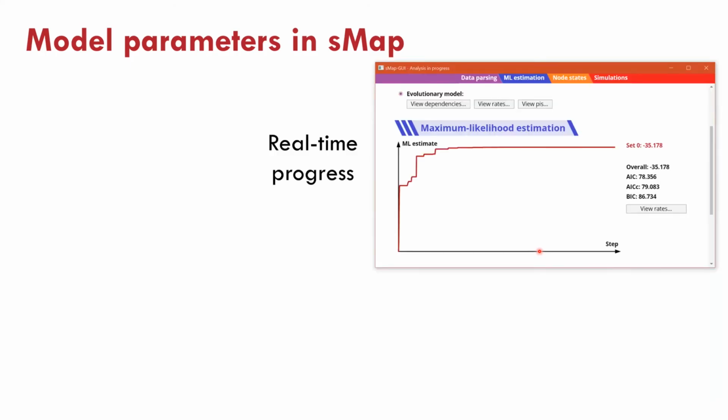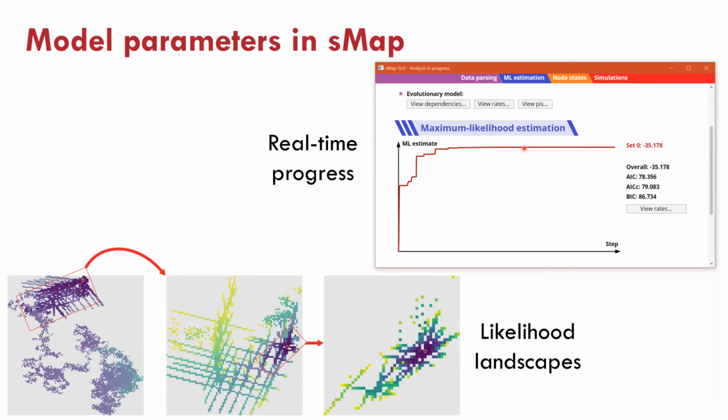Furthermore, if you choose to use a maximum likelihood approach, you will get a real-time progress plot like this, which shows you the maximum likelihood estimate increasing as the program runs. And after you finish the analysis, we get these likelihood landscape plots. These are essentially some slices into a 6-dimensional space, which show you all the likelihood values that have been sampled by the program. And you can use these plots to assess whether your maximum likelihood estimate is really reliable or